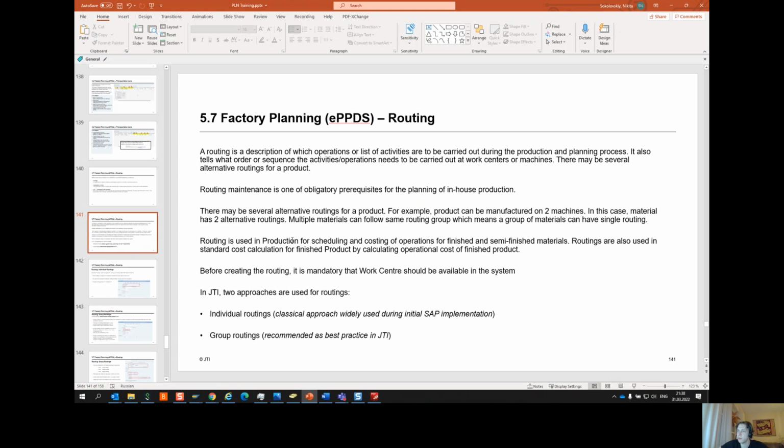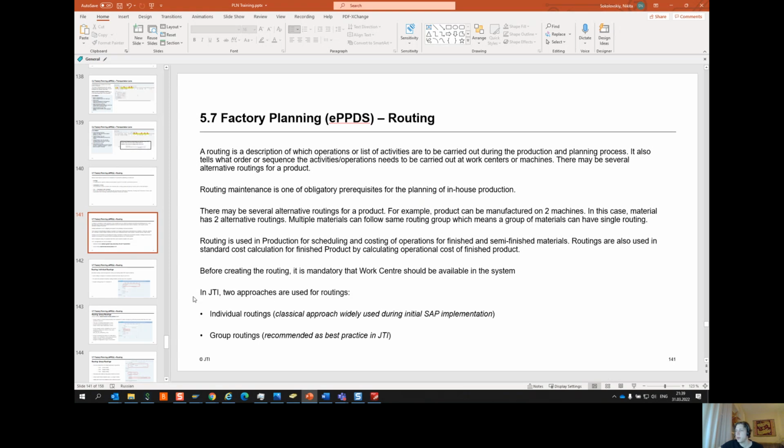Also, you can heat your pan before cooking, or you can heat your pan when you are already cooking, and so on. Just an example. Routing is used in production, yes, and before creating the routing, you should check that the work center is available in